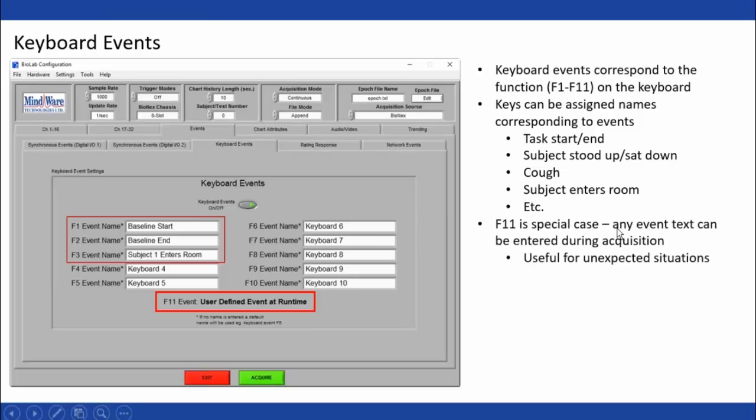There's also a special case, which is F11. F1 through 10 are all predefined on this screen, so they require some sort of forethought as to what occurrences could happen during this experiment and what you need to be prepared for. Now, in the event that you don't enter everything that could possibly occur, F11 allows you to enter those at runtime. So during acquisition, you can press F11 and define a custom name for it that gets logged into the